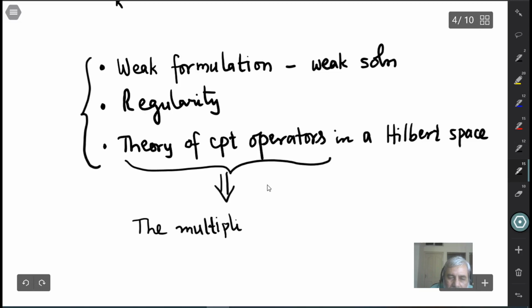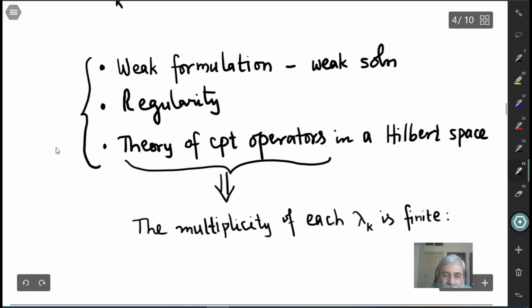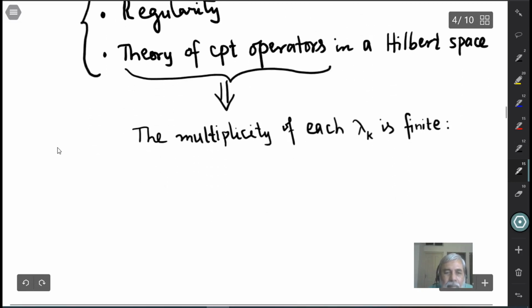Multiplicity of each lambda k is finite. So this is an important consequence of this theory of compact operators. What does that mean? So okay, there exists for each k